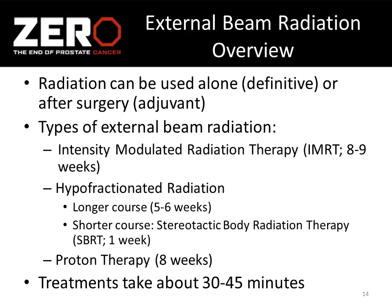Predominantly what's used now is something called intensity modulated radiation therapy, and this is the most common external beam radiation used today. It's approximately 8 to 9 weeks of treatments, and they're daily Monday through Friday. There's been a number of groups interested in trying to shorten this course of radiation, and there's sort of two ways you can do this. They're trying to compress this 8 to 9 weeks into about a 5 to 6 week course of radiation therapy,